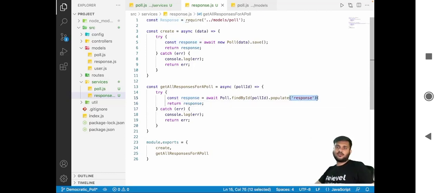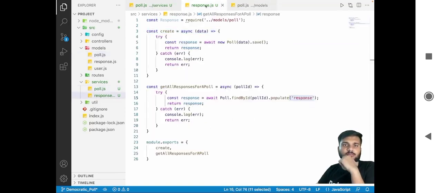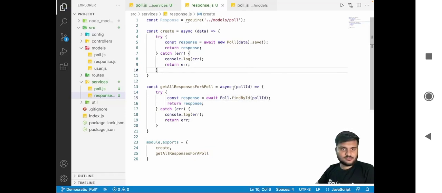This response is the property, because in the poll.js model we have options, and that's of type string, that's the poll schema. Okay, so for a particular poll we cannot directly find it like poll by ID. I guess we should just find poll first, so we'll get the poll object, and then in the responses,